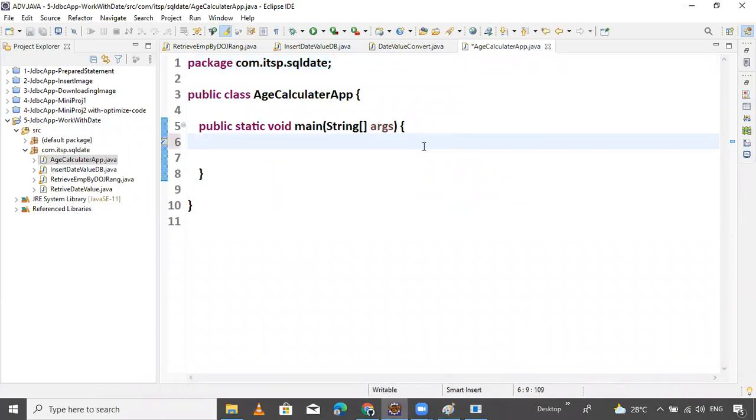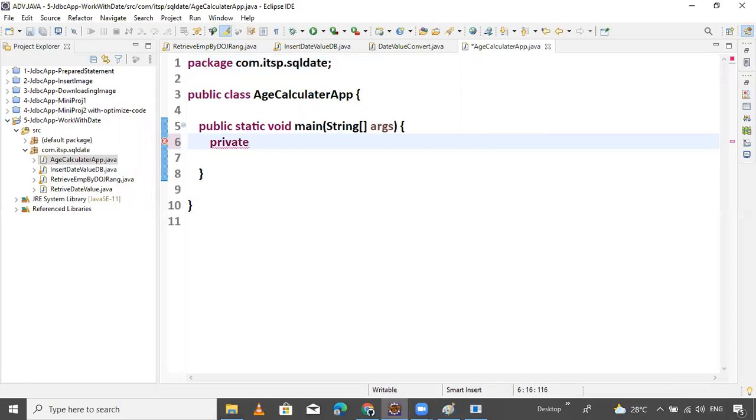Now here we will use try and catch. Before the try and catch, we should declare the query. The query should be final or private.